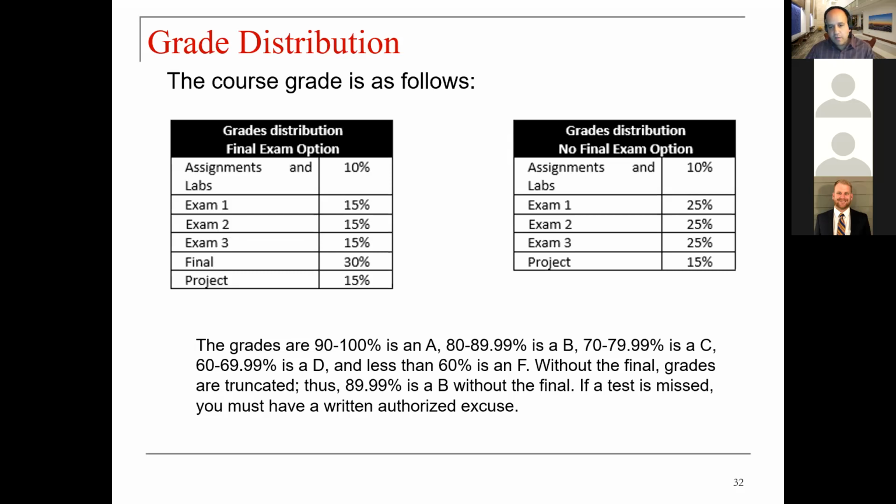So for those students that do well in exam 1, 2, and 3, let's say at the end you have a 91. You can keep your grade, you will get an A. If you get 81 and you want to keep that,